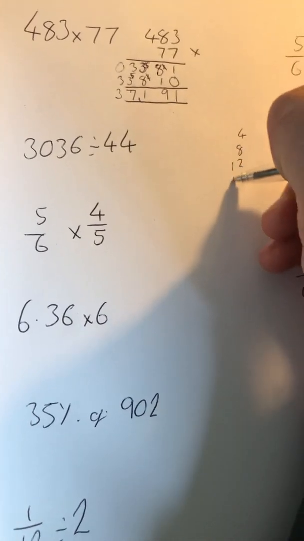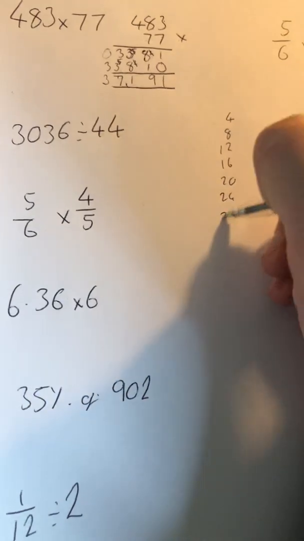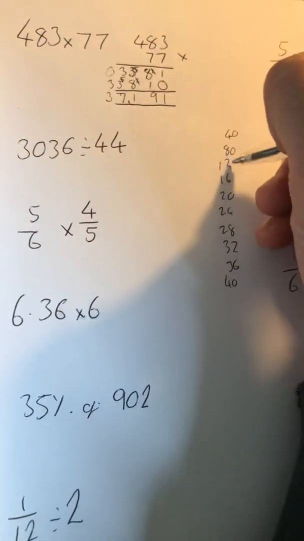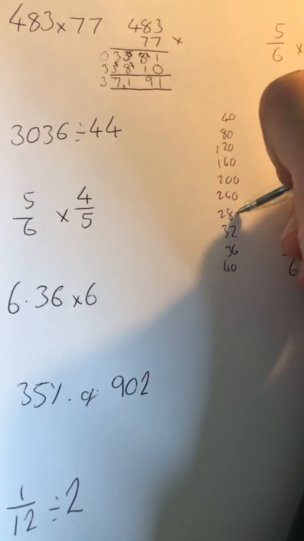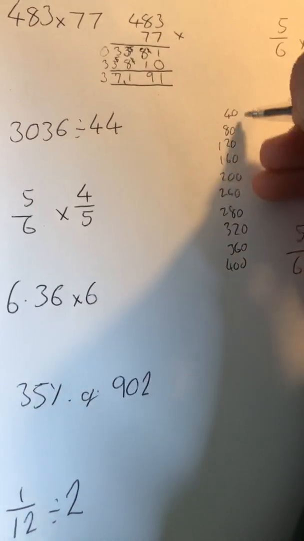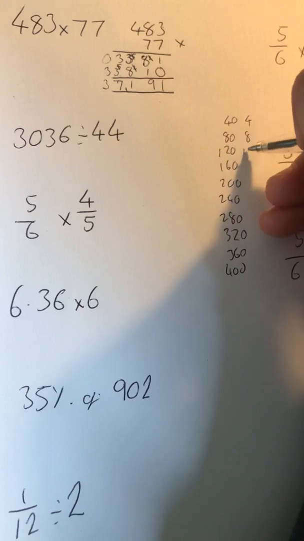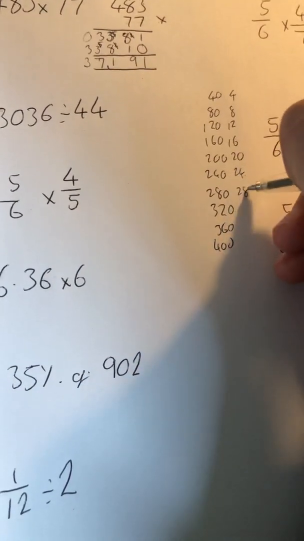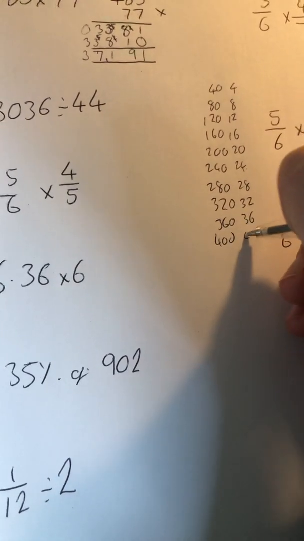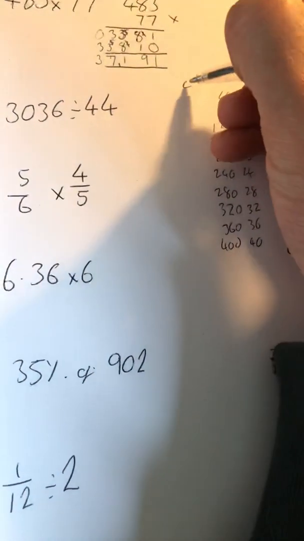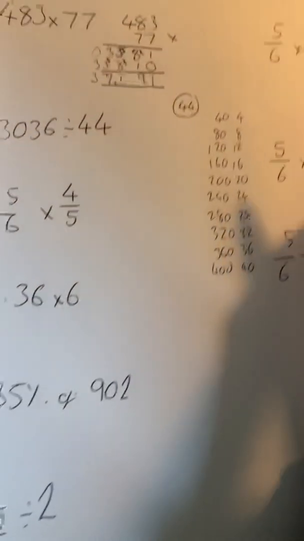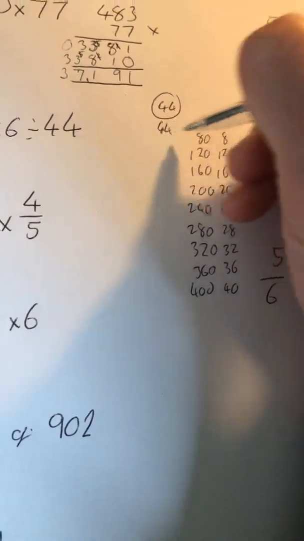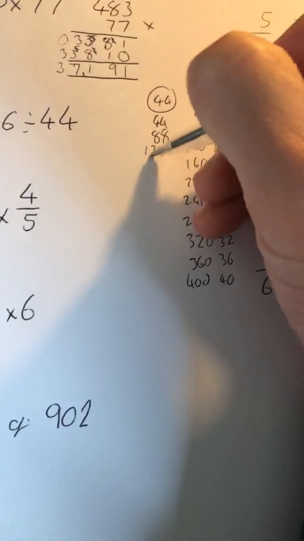So 4, 8, 12, 16, 20, 24, 28, 32, 36, 40. Make it the 40 times table by making it 10 times more. Then let's have the 4s again. I'm going to add this way, so I've just got to lay the other questions out on the right hand side. 40 add 4, 80 add 8, 132,